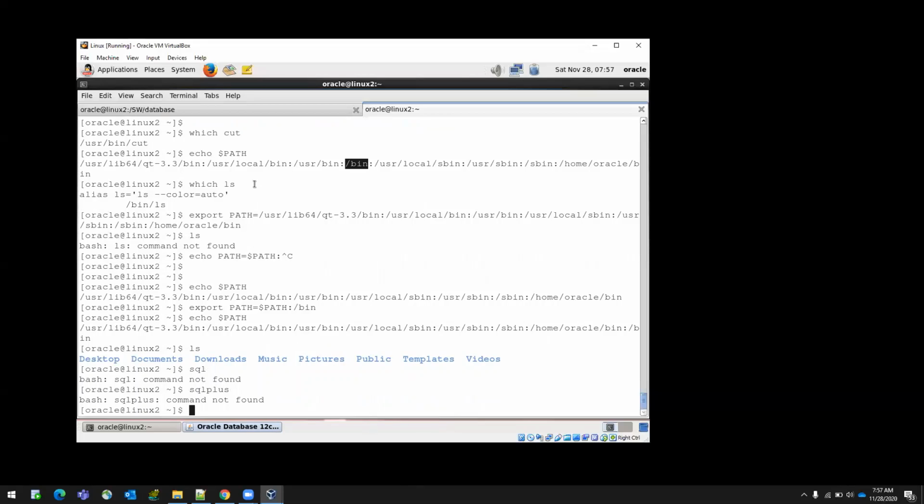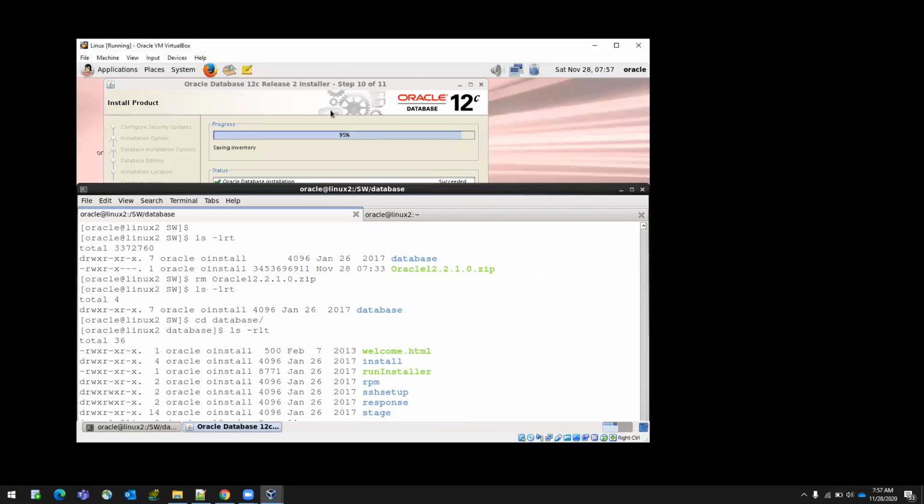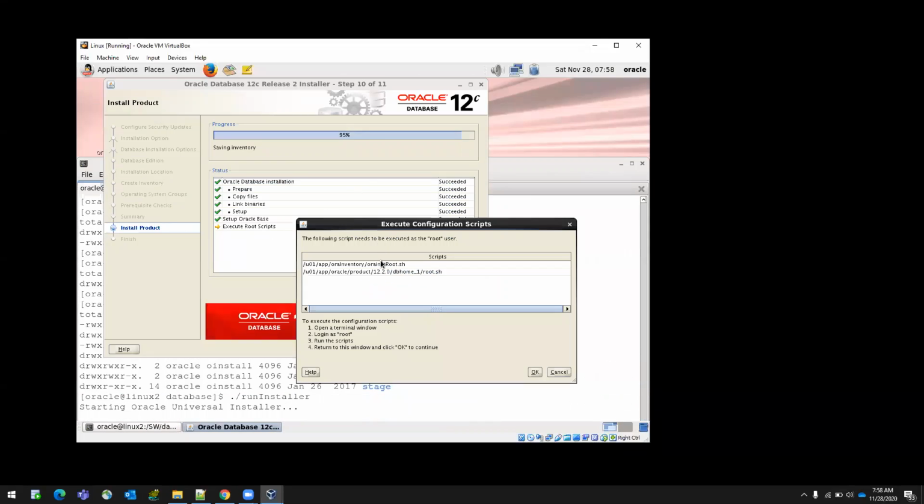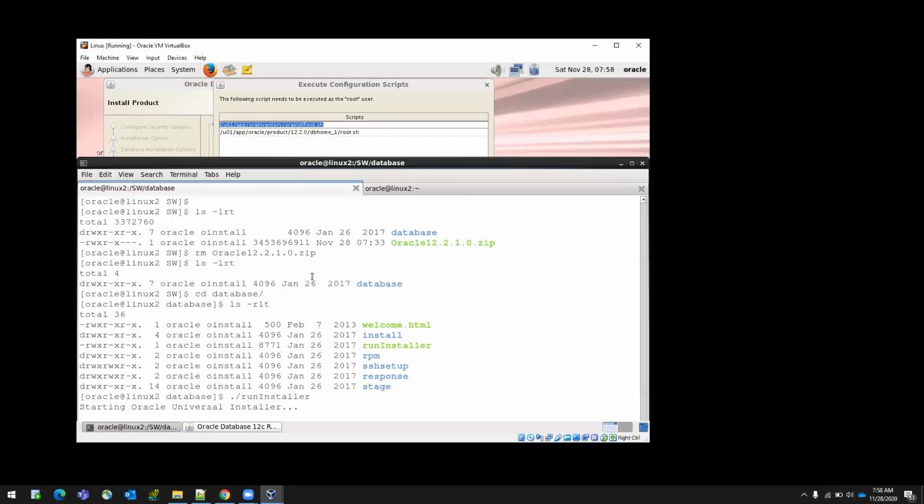So now we need to set those things. I will tell you how to do this. Let's see this. It's done now. Still it's running. So go here. It will ask us to execute these two scripts as root. See, the following script needs to be executed. Just copy this. Okay, go to root folder, Linux,